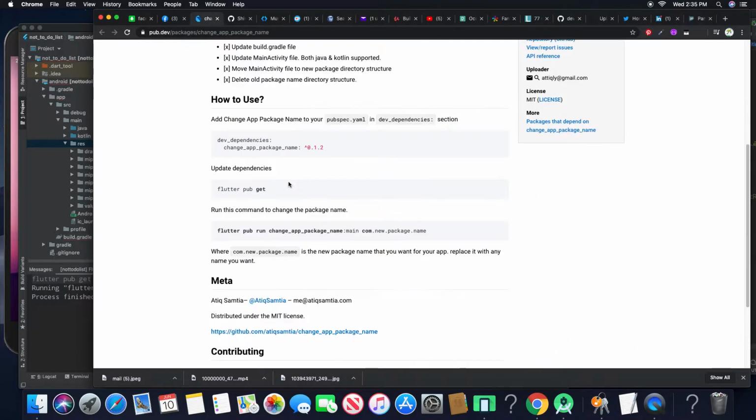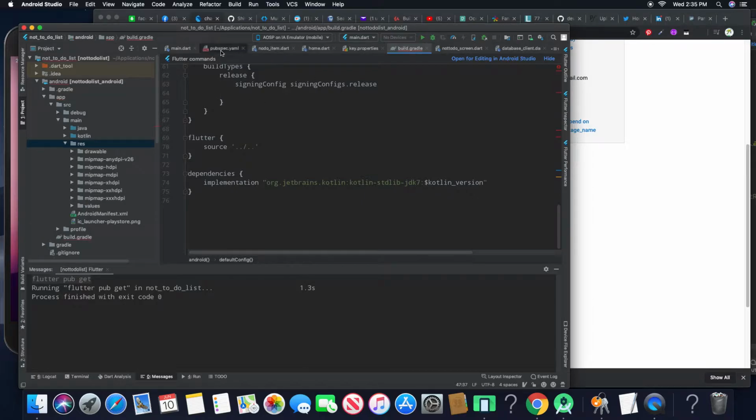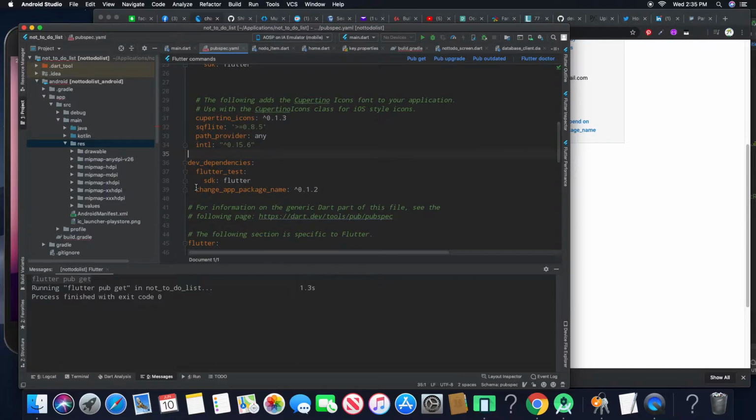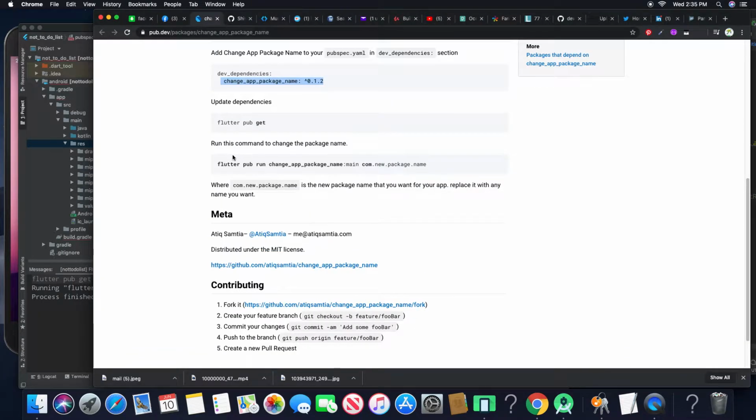This is the package. What you have to do is copy this one, dev.dependency. This is easier, I've done it. Yeah, this is it. I already ran pub get. Now the second step is you have to copy this one. You have to run this one. They say main, name main com dot new name dot name. So we have to just copy,